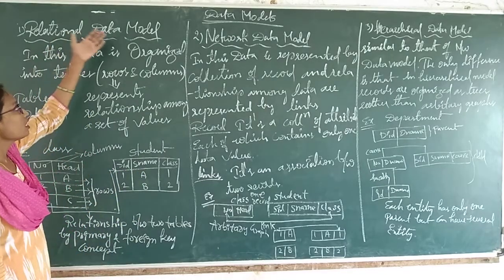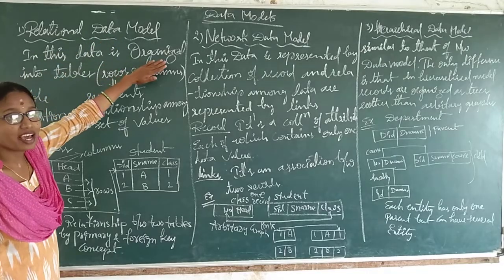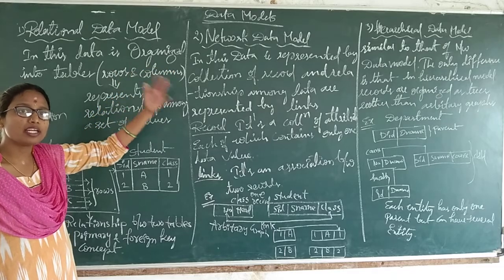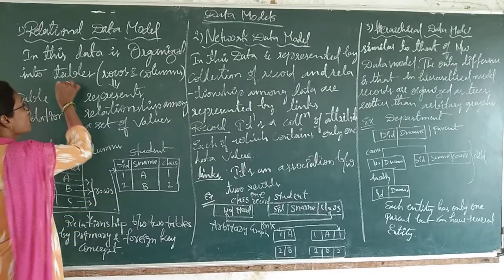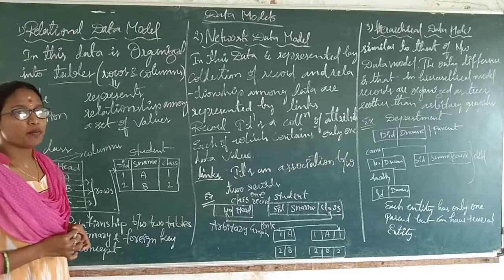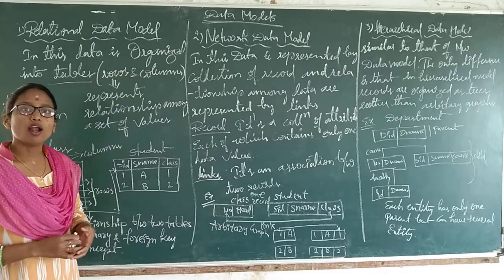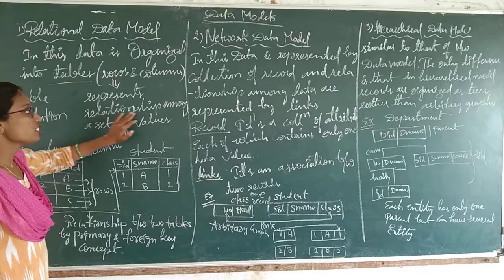In what format are we storing the data? It is organized into tables, in rows and columns. Here rows represent the relationship among